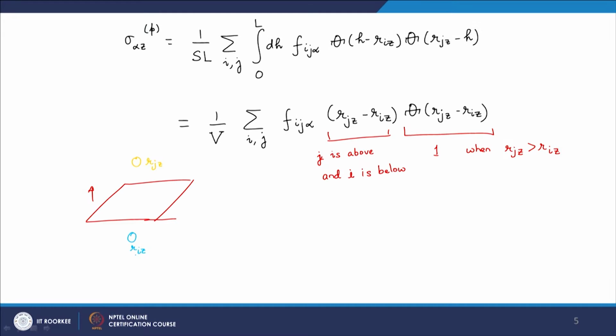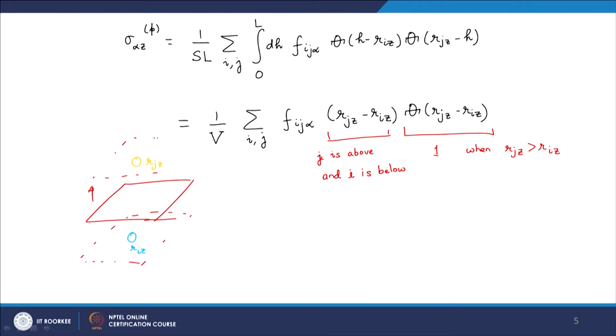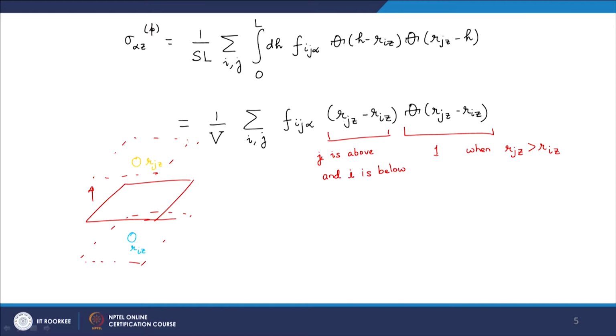So, I can move the plane starting from a plane parallel to the plane zone that contains r I, until a plane parallel to that zone containing r j or the particle j, because once I have moved further up, then both I and j are below the plane and then they do not affect. Okay. So, the integration region is